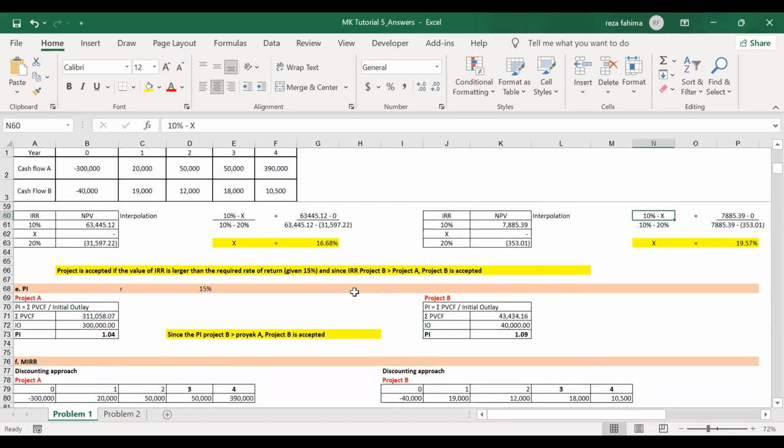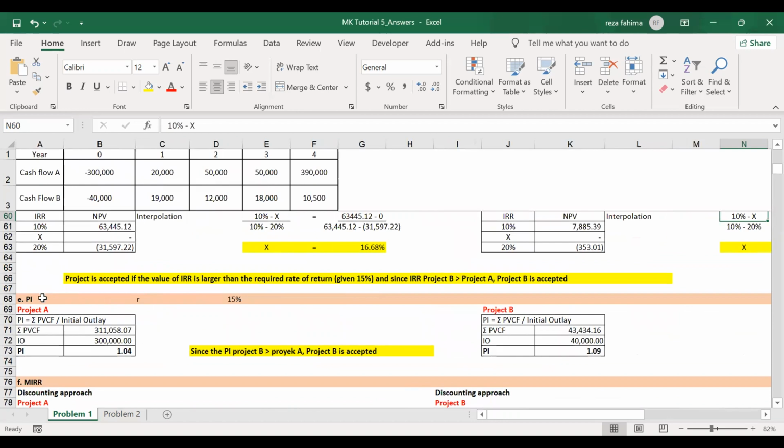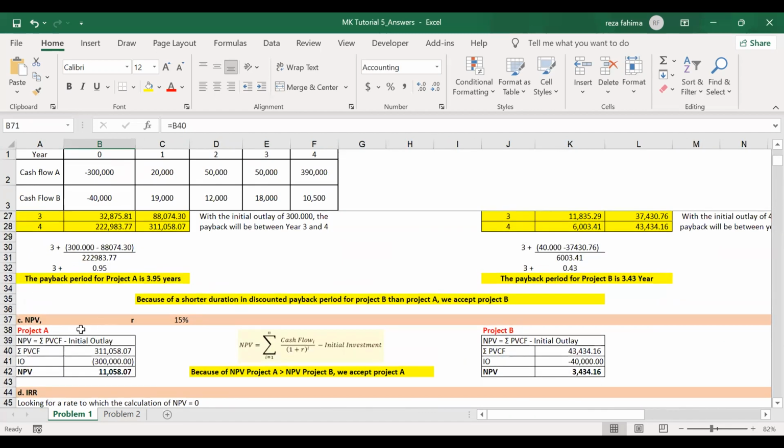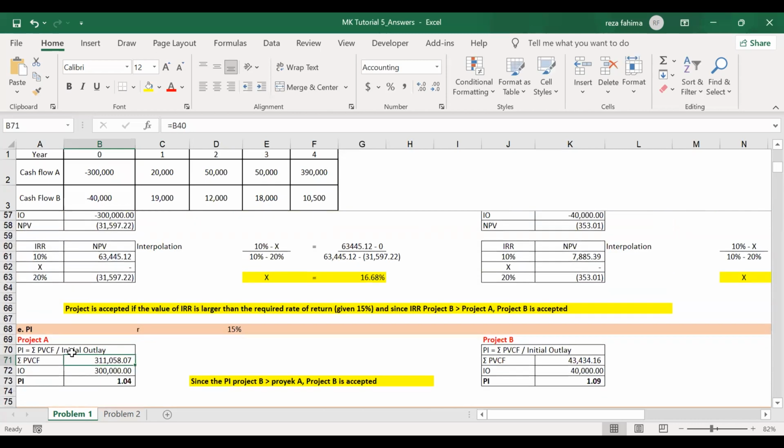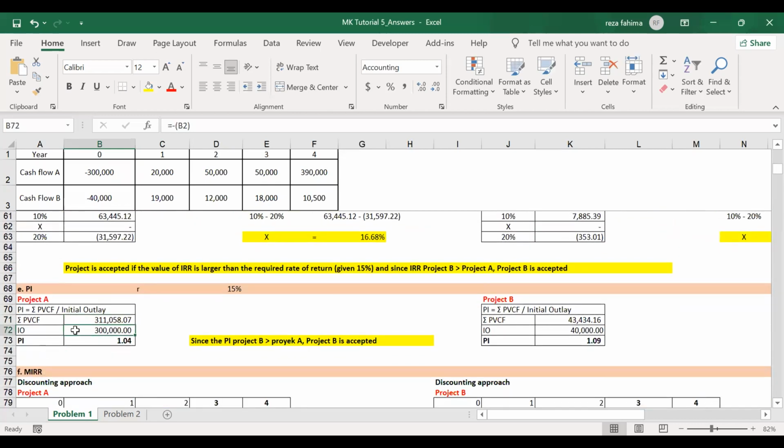Okay, the next one, we're going to calculate the profitability index or PI. The formula of the PI is actually the same as the NPV, but instead of subtracting the sigma of PVCF, we divide it by the initial outlay. So the PVCF we have calculated in the present value in point C, so we can just refer to it. And then the initial outlay is 300,000 for project A, and the PI is the sum of PVCF divided by the initial outlay, and then we get this